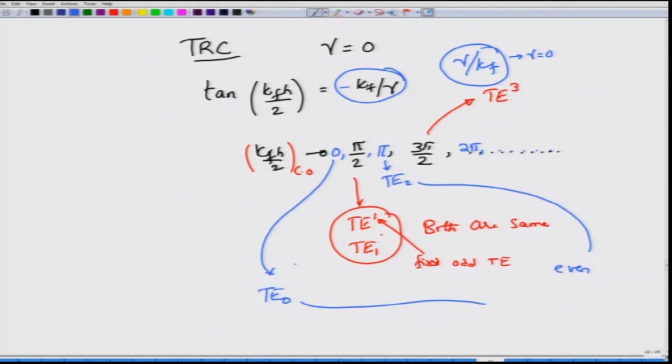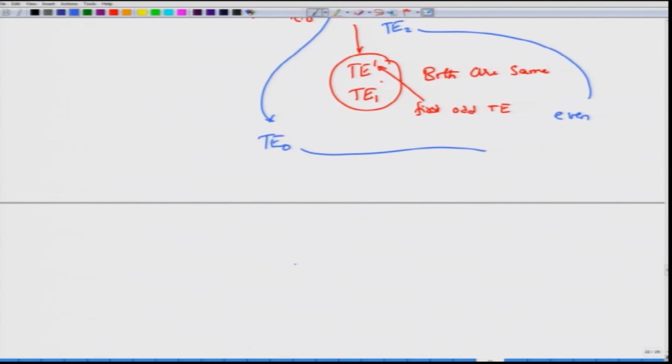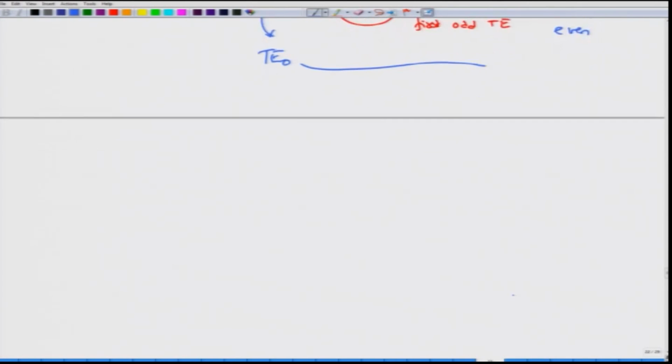What is even more interesting is that once you solve this transverse resonance condition and find an appropriate value of kappa f, you can plot on the x axis a value of beta. Beta of course can be obtained from kappa f. Remember that kappa f is given by k 0 square n 1 square minus beta square. So, once you know kappa f, then you can find beta, and then you solve the transverse resonance condition and plot for different frequencies the different allowed values